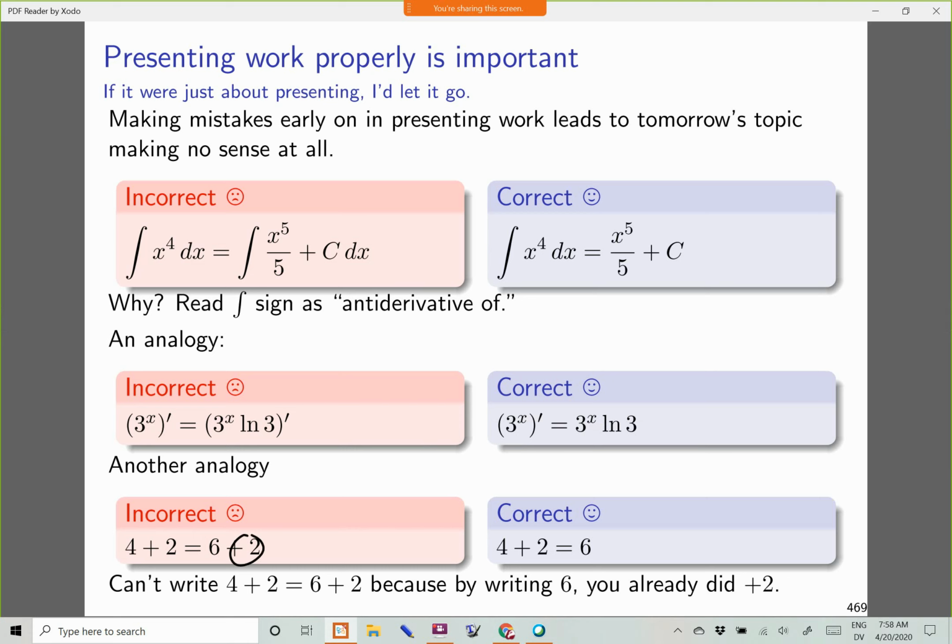You can imagine why somebody would write a plus 2, but you can also stare at this and go, wait a second, that's not what should be written, right? So this should be 4 plus 2 equals 6. That's the end of it. There shouldn't be a plus 2, because you already added the 2. So that's the same idea over here. What's incorrect about having that derivative notation, that circle right there? The derivative was already done. What's incorrect about having this integral notation, which is in two pieces here and here? The integral was already done. The antiderivative was already found.